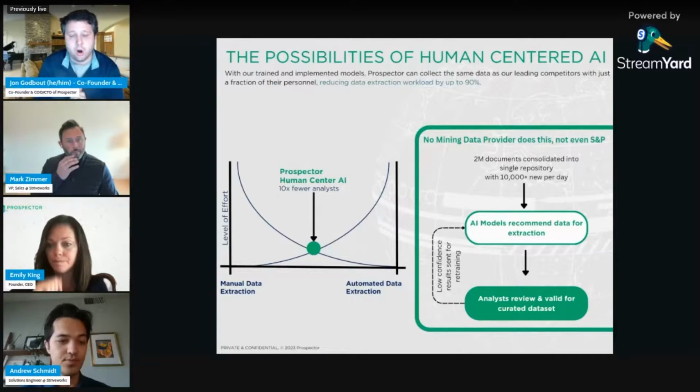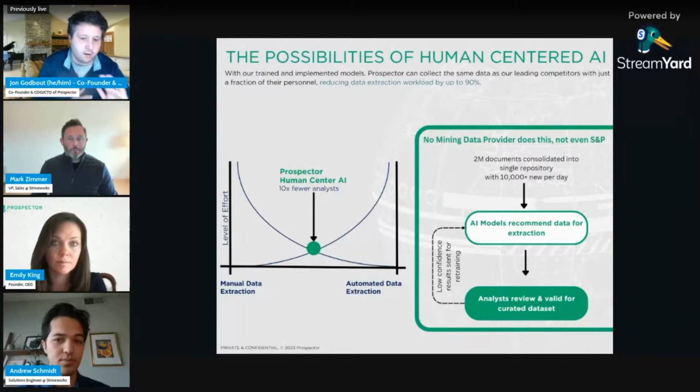So we're always focused on, if we're going to try to categorize a document to a project, if we're going to try to pull out some resource and reserves that we want to tabulate, or a life of mine plan, or production data, we're using the AI to predict that, have a human review it and validate it, right? And as confidence grows, find ways in which we can increase and improve some automation, but always putting a human at the center, right? Looking at that from how we do analysis.